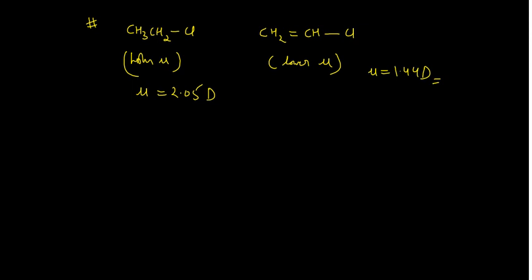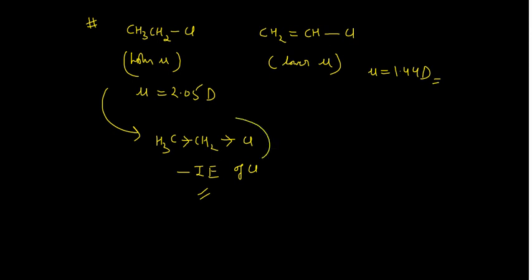The reason is quite simple, guys. In that case, you see this is CH3, this is CH2, this is Cl. So Cl will attract the electron density towards itself, and in turn it will also attract the electron density from here. So in that case, the minus I effect of Cl is operating in the particular direction, which is giving this value.